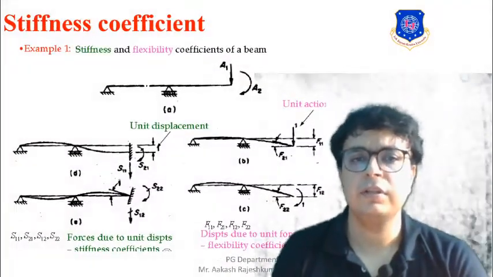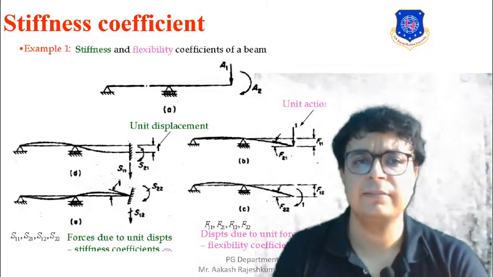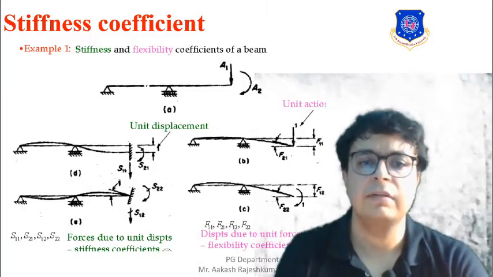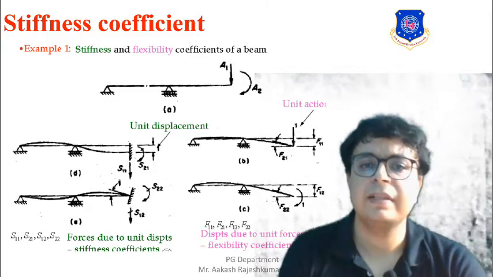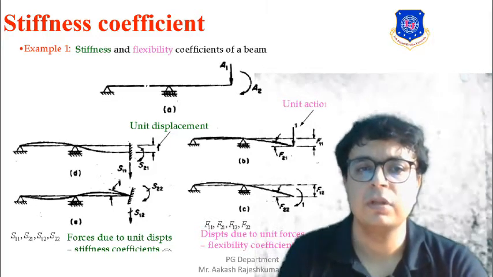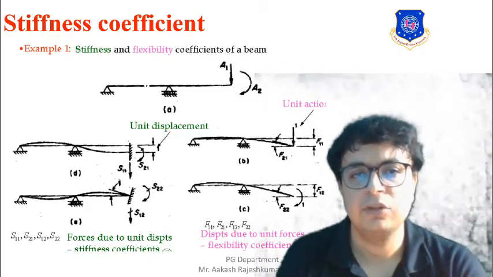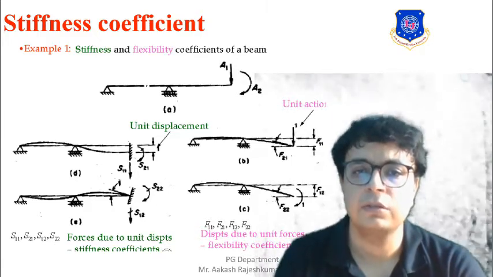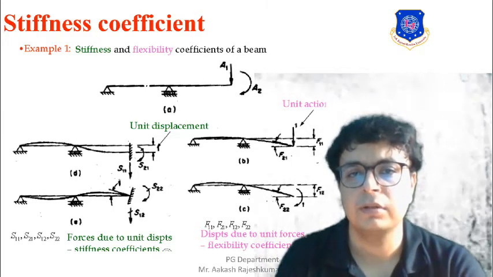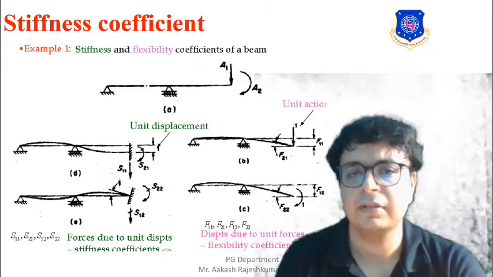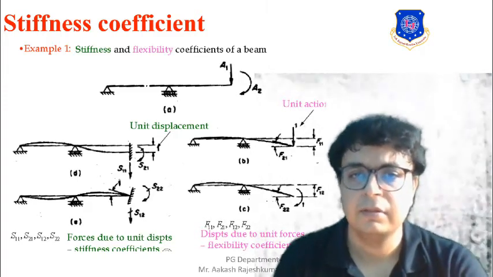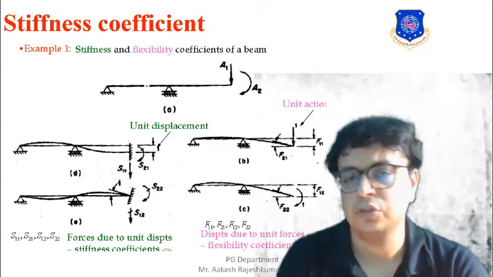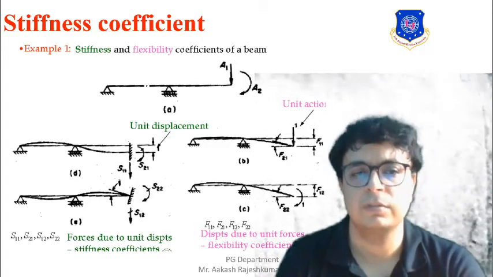Further, you can see over here we have the figure. Particularly, it is an example where stiffness and flexibility coefficients have been determined. Here we have a beam which is cantilevered. It is having two supports, one at the end joint and an indeterminate joint, and at the projected end it is having the rotation and also the movement. It is nothing but a kinematic indeterminacy. The kinematic indeterminacy for a beam at a free end will be only the vertical and the rotation. It will not be having the horizontal.